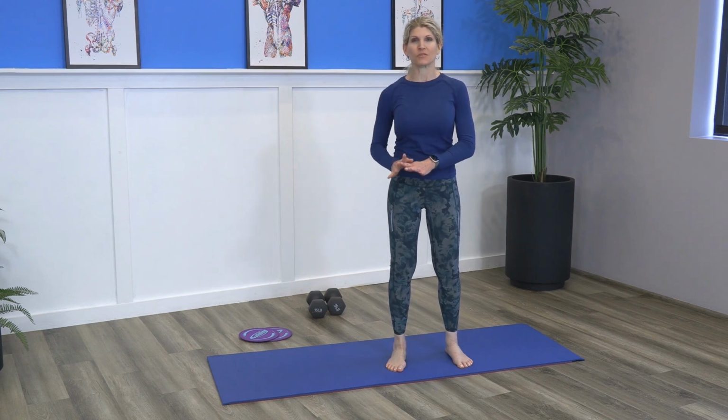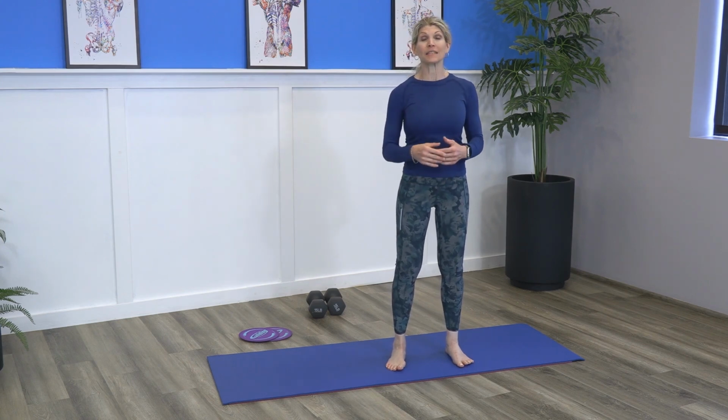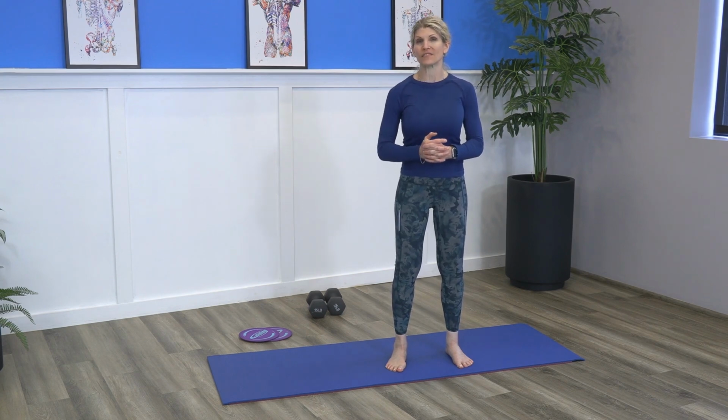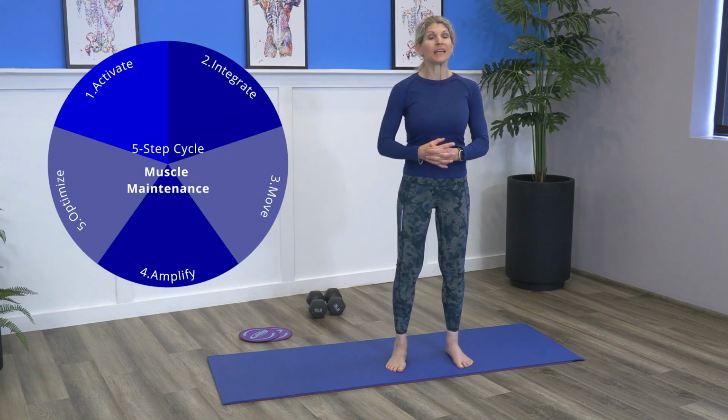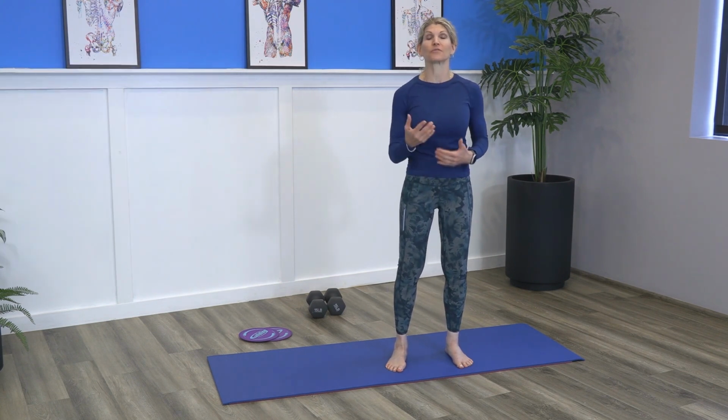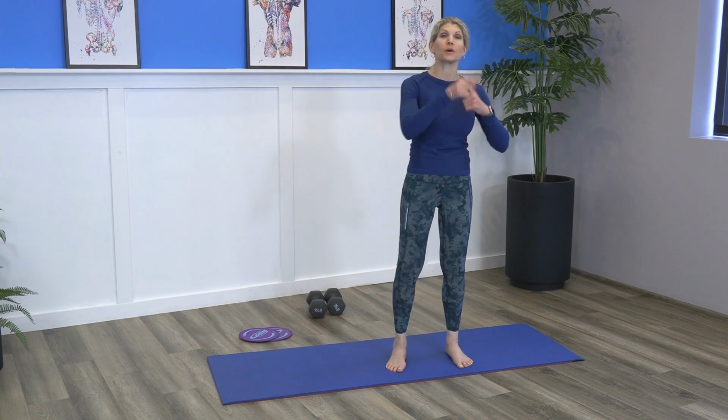So I'm going to show you a progressive approach to getting these muscles stronger. Realize that this may take months or even years of practice to do. In my program, Fitness Integrated Science TV, I like to call this the 5-step cycle to muscle maintenance, even though it's definitely not a linear progression. This is a progression that's going to go through a series of steps that you can always go backwards and